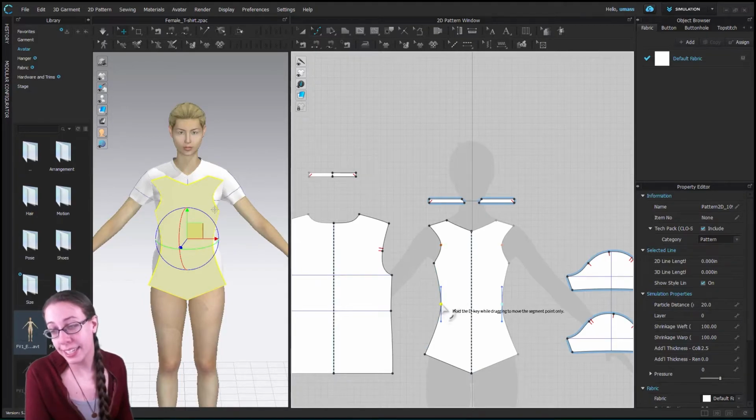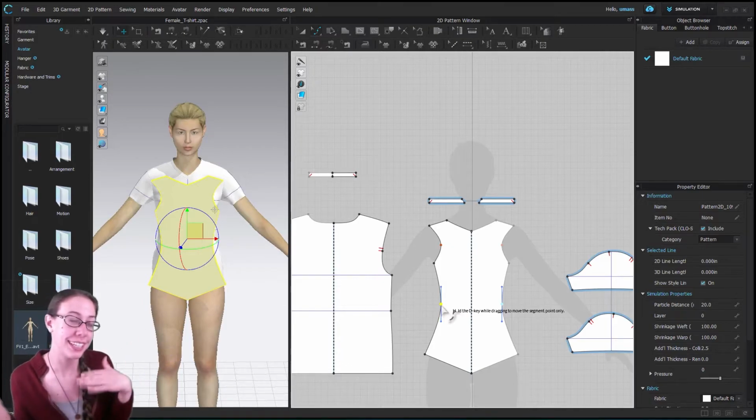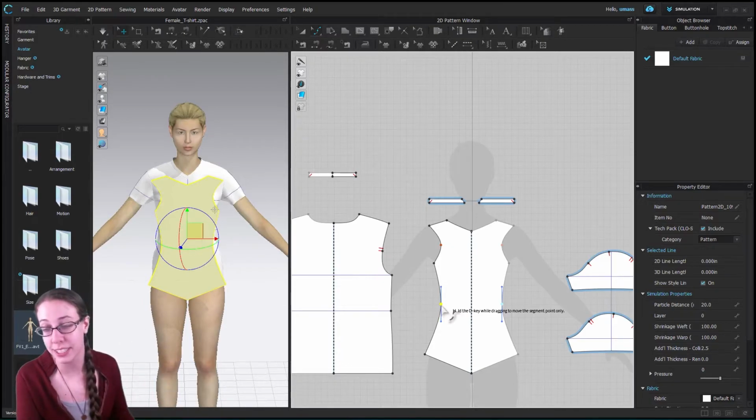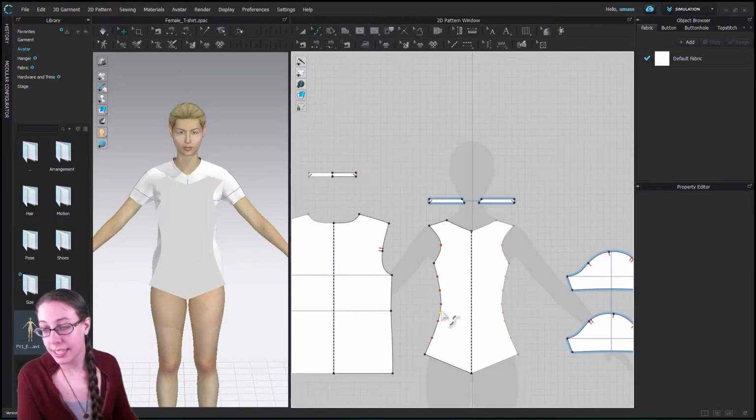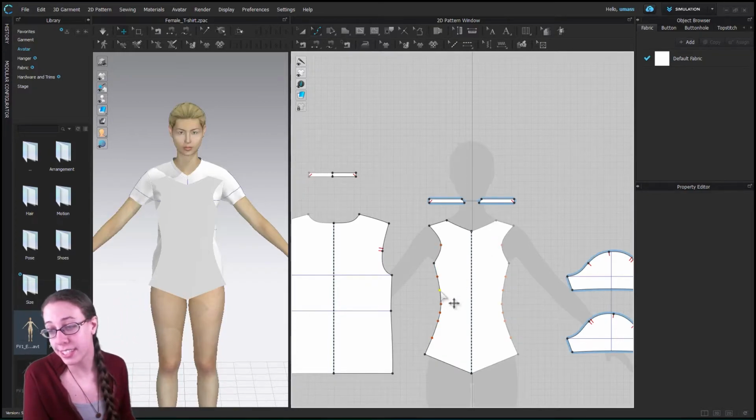But we can take a Bezier curve point or a Bezier point, and turn it into a CLO curve point. So I'm going to right click and choose convert to curve points. And now we can see with the edit curve point tool that it's actually added a lot of these points, which is annoying